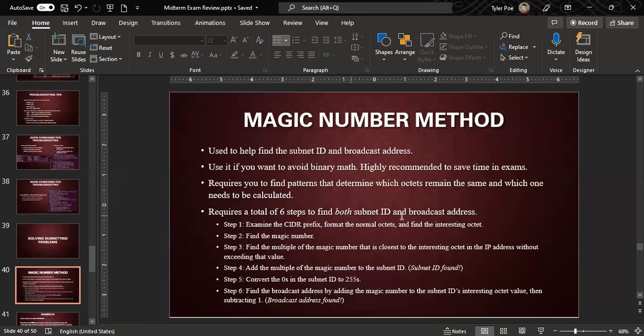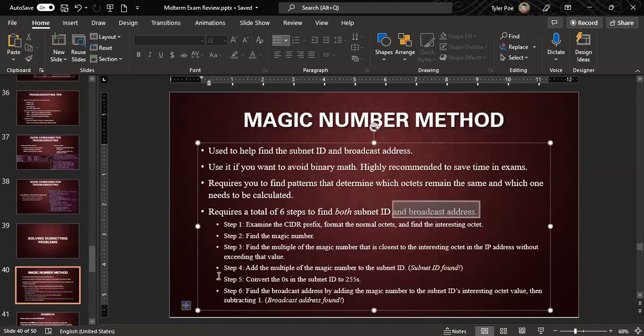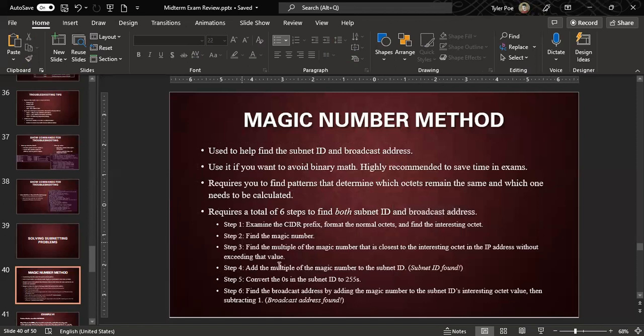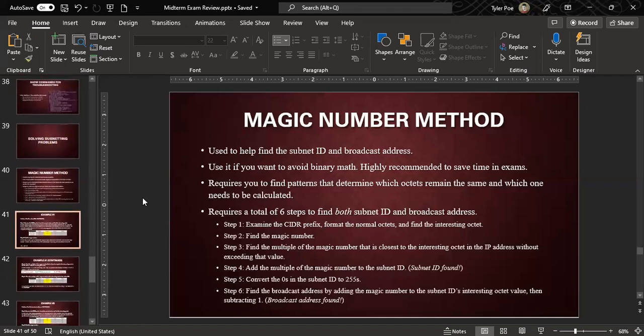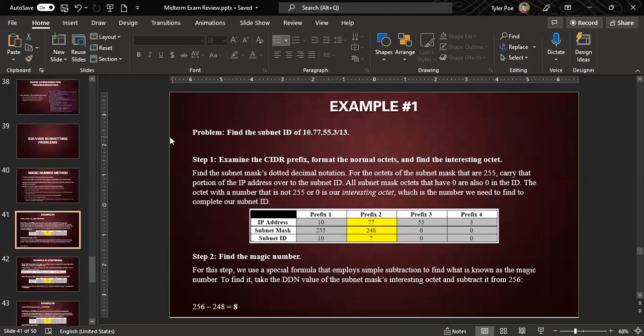So there's a total of 6 steps used to find the subnet ID and broadcast address. When you're finding the broadcast address, you'll need to follow all 6 steps, but when you're finding the subnet ID, you only need to go up to step 4. The magic number method starts with examining the CIDR prefix, formatting the normal octets, and then finding the interesting one. So we can actually start that right here. I list the steps in these examples, but anyway,